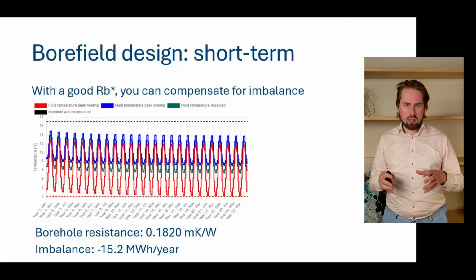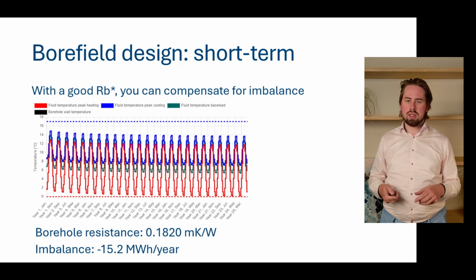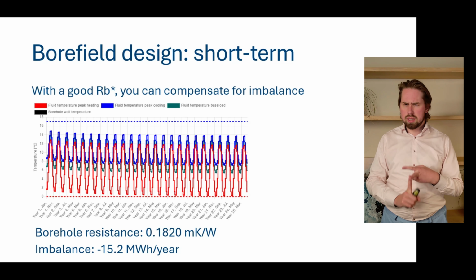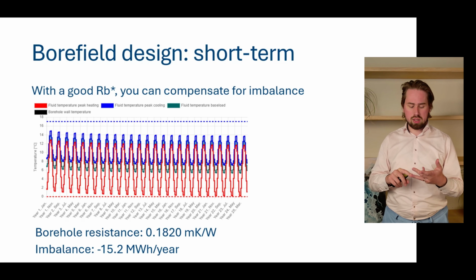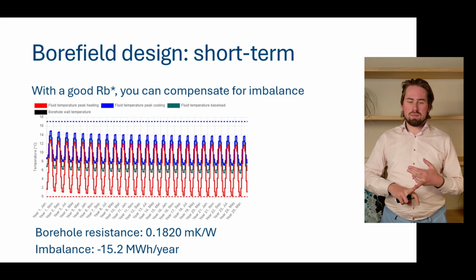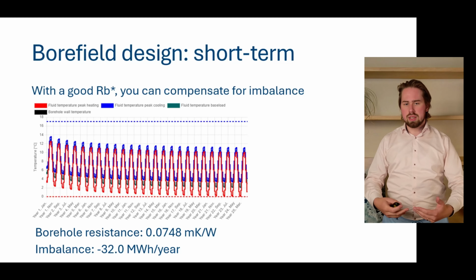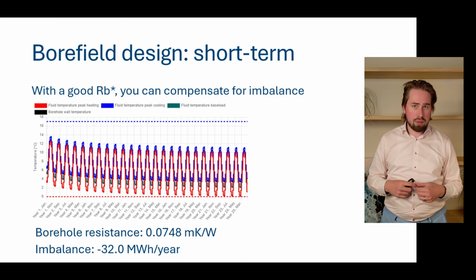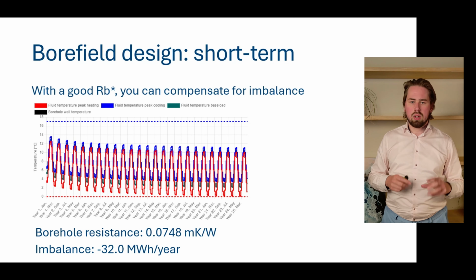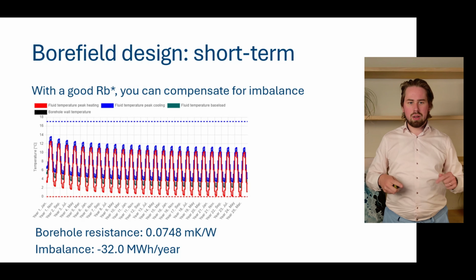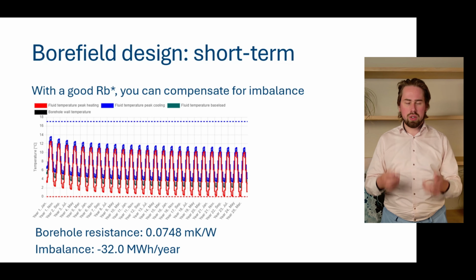Now, if we keep the boreholes the same, the 5 boreholes in this case, but we make sure that the borehole resistance is better by increasing the flow rates, decreasing the viscosity, so changing the type of antifreeze, for example. We can also pump up the flow rate, increase the grout thermal conductivity, and so forth. And if we better it to 0.075 meter Kelvin per watt, well, our fluid temperatures are way closer to our borehole wall temperature. And these same boreholes can now cope with almost twice the imbalance, 32 megawatt hours per year of extraction domination,